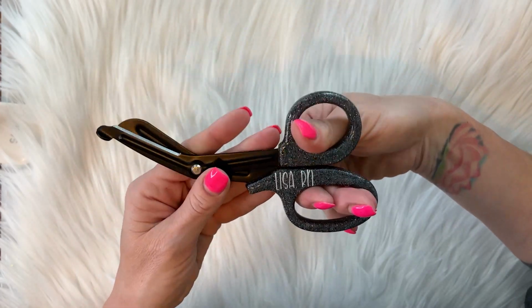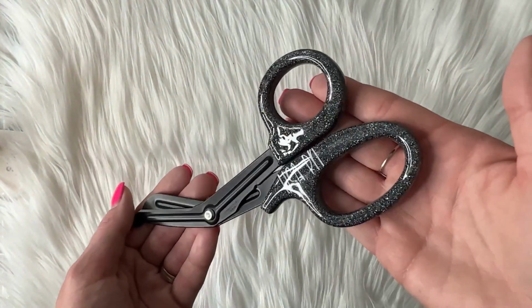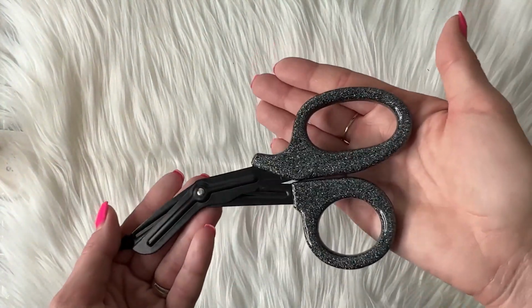But these scissors were really cool. So if you're looking for something for someone for a gift in the medical field, this would be such a cute gift for